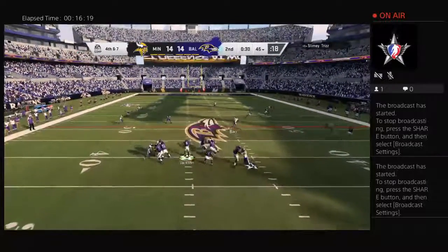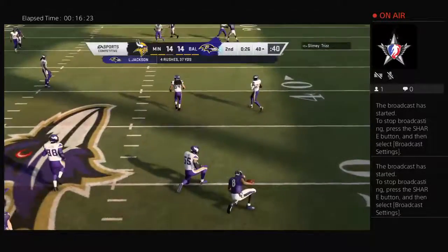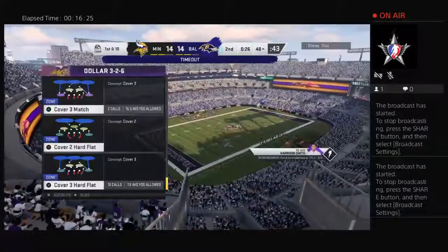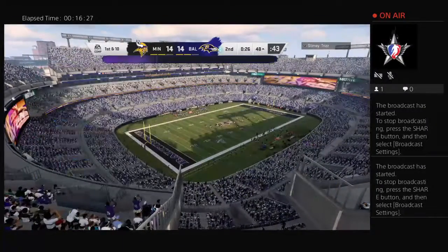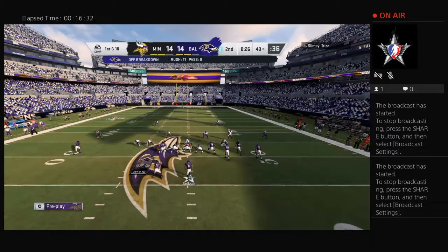Here we go on 4th down with Jackson. And an alley to run. And he gets it down to the 48, enough for the first. Now the Ravens are going to use one of their timeouts as they stop the clock with 26 seconds to go